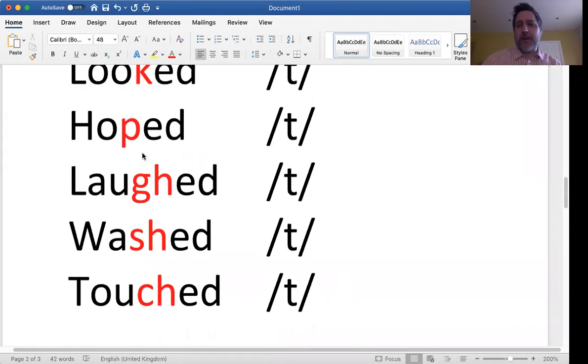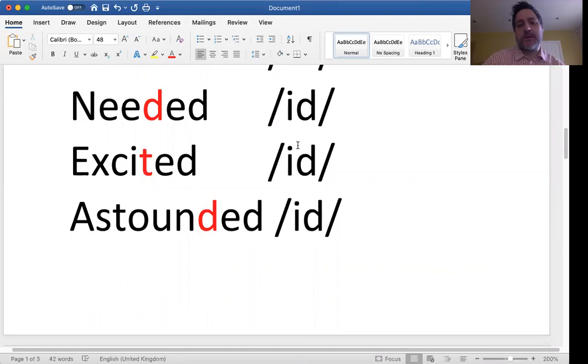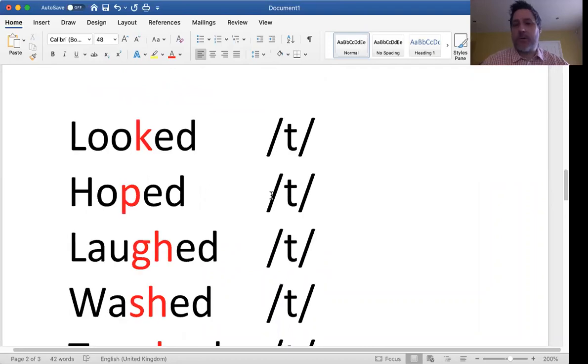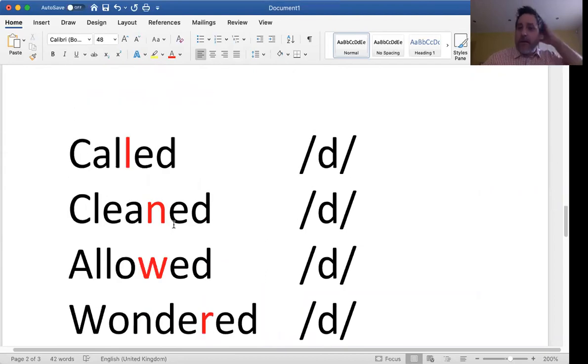One of the big things, the most important thing I think to remember here is everybody wants to use this id sound when they see ed. It's only when there's a T or a D consonant sound there, okay? At the end of that word. The rest, you don't have that id. You don't say look-ed or hope-ed, no, or wash-ed, or call-ed or clean-ed. That is one of the big things that will be very noticeable with your pronunciation